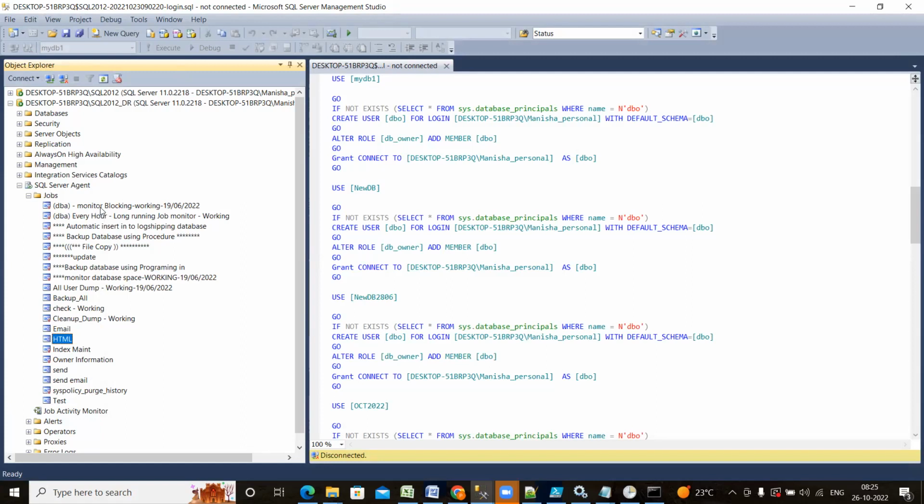You can see there are many blocking session scripts and all the scripts I have written. Blocking every hour, long-running job monitoring, inserting data into the log shipping, file copy, update. There are many programs I have written: HTML, index maintenance, all PowerShell-level things, owner information of the database. So there are many jobs you can schedule,